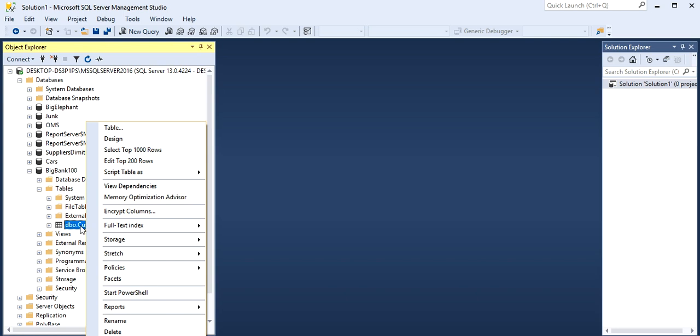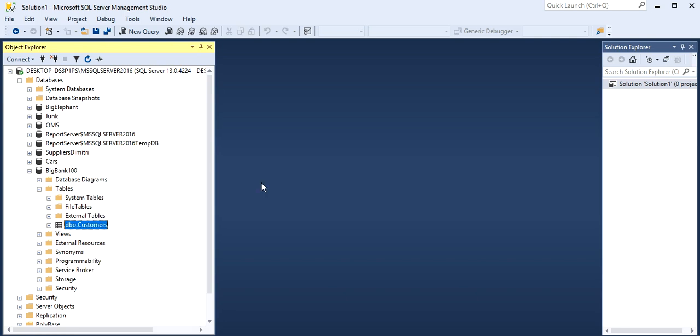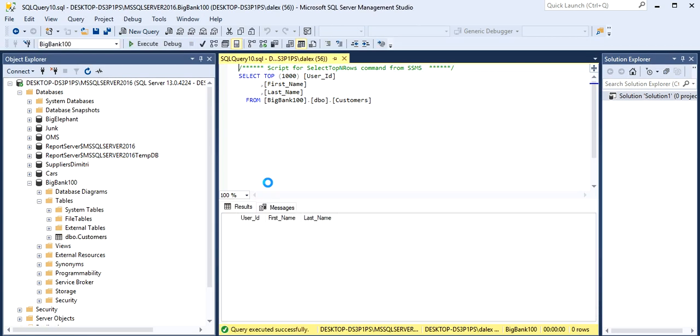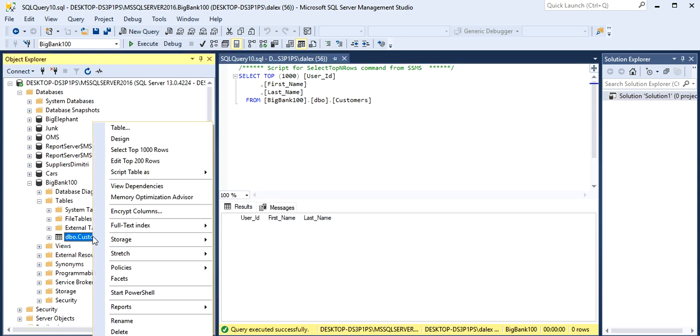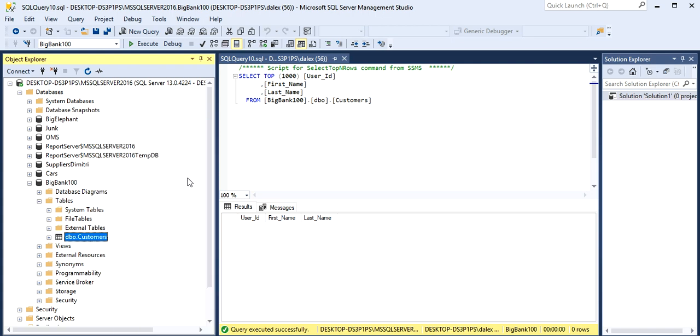Let's go to customers and select 10,000 rows. Alright, this is our table right now. We don't have anything because we haven't input any data. All right, let's start doing it, and let's see if our auto increment worked. How do we do it? We just right click it and we go to edit, top 200 rows,